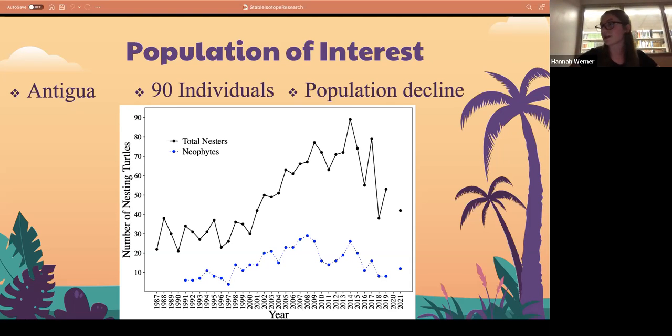Our population decline, that's what we're noticing based off this map. So this map right here, that was formed from the Jumbie Bay Hawksbill project. They've been monitoring the nesting turtle population since the year of 1987. As you can see, looking at this graph, in the most recent years, we have a decline in population, more so of the nesting turtles.